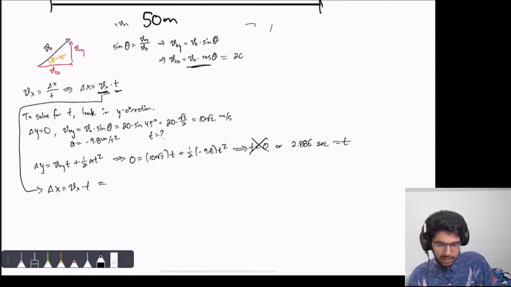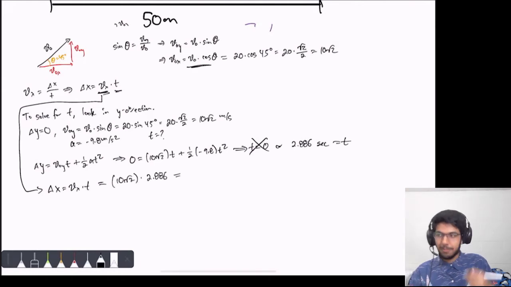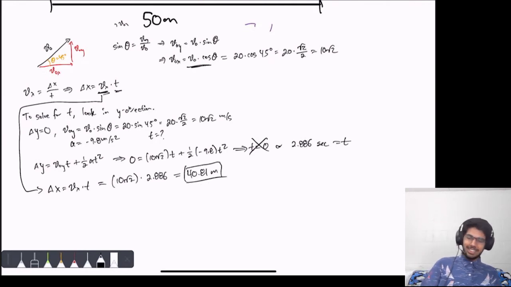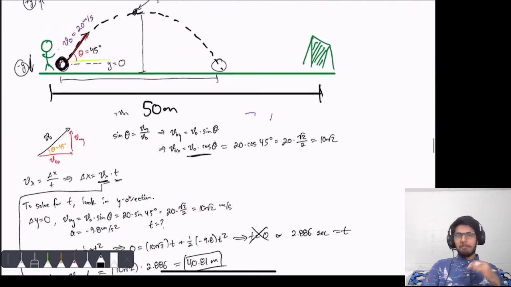This is equal to 20 times cosine of 45 degrees. And that's equal to 20 times root 2 over 2, which is 10 root 2. So this is equal to 10 root 2 times 2.886. And when we finally compute this out, we should get 40.81 meters. So even if Ronaldo kicks it at 45 degrees, which would maximize his distance, it still won't reach